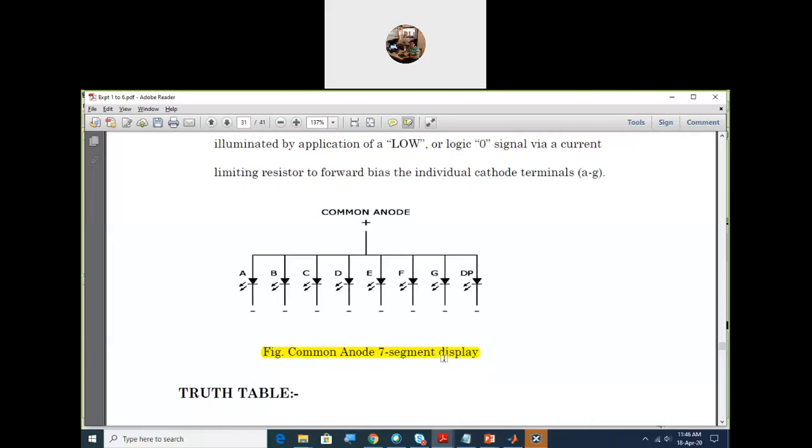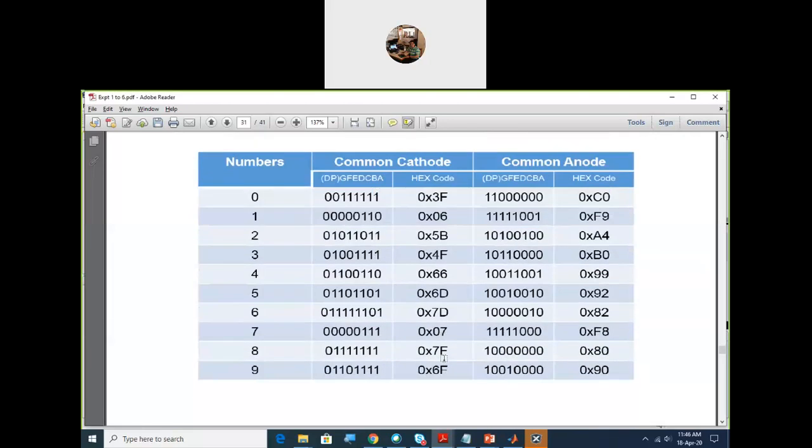And very easily you can generate the truth table. Suppose you want to display numbers, because you are using the 7-segment display for showing the count present in the timer register, let us say from 0 to 9. If you want to display 1 on the 7-segment display, then what you should give as input to the common anode display is F9 hex.